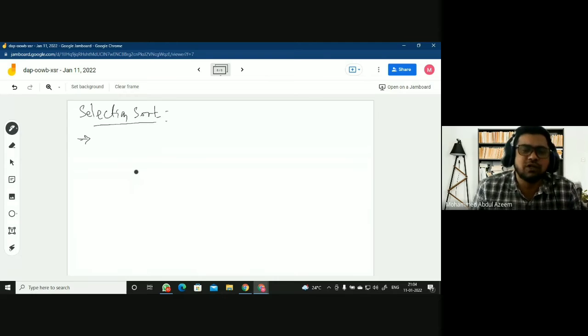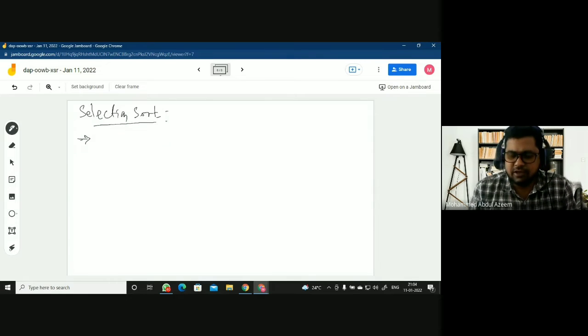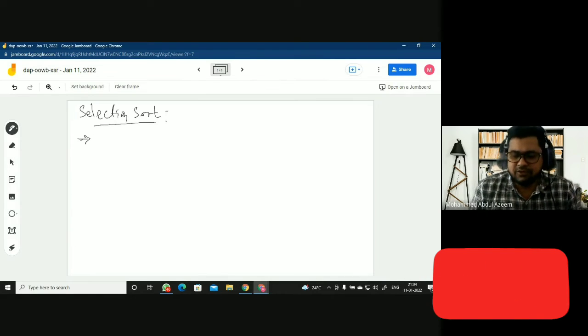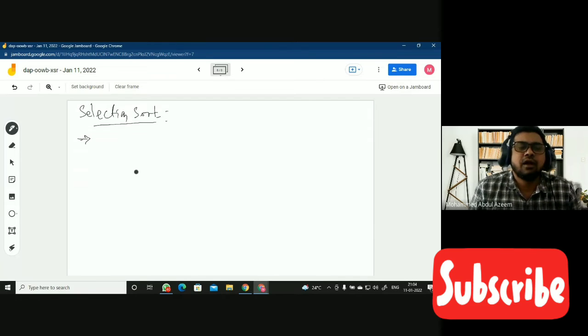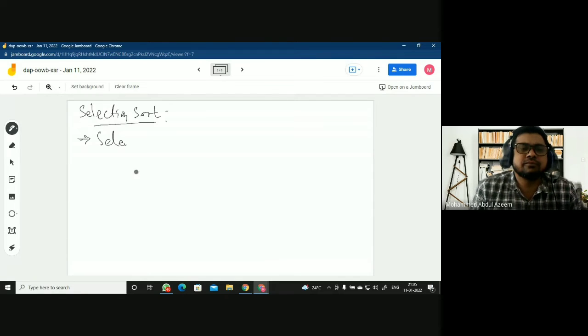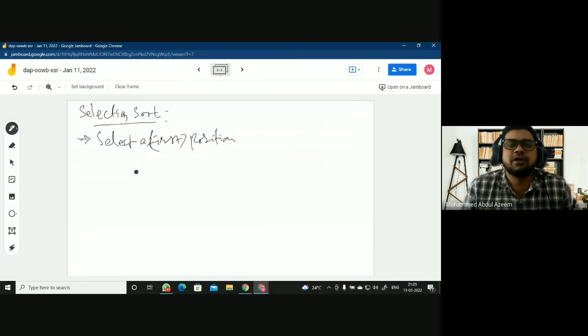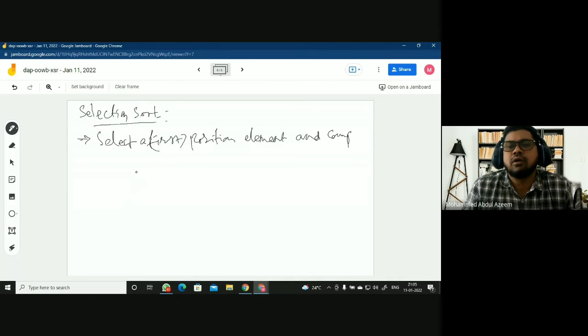I will be writing here in words first, then I'll demonstrate, and then we will write the algorithm, then we will go for the program. Okay. So are you ready with it? Yes. So what I'll be doing: select the first position, of course, at the beginning. Select a position, I said, within brackets is first initially because we go for the first element, and compare with the subsequent elements.